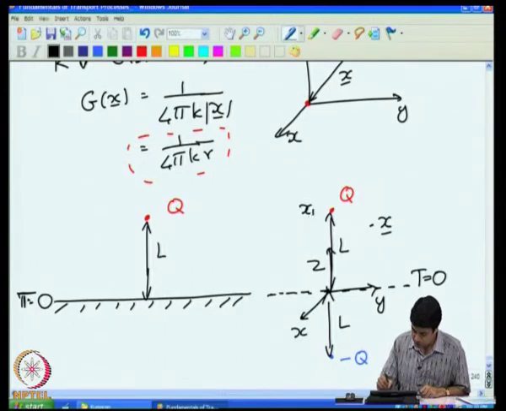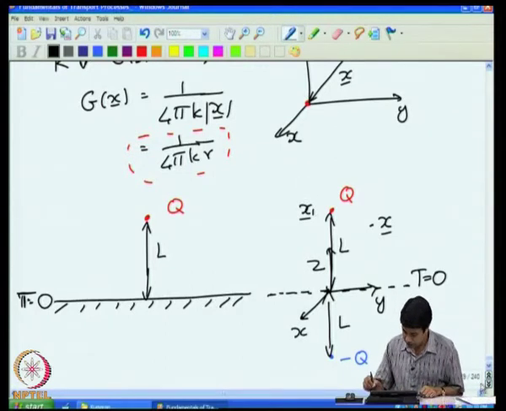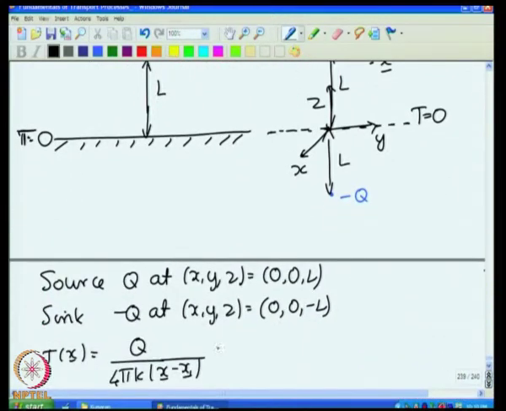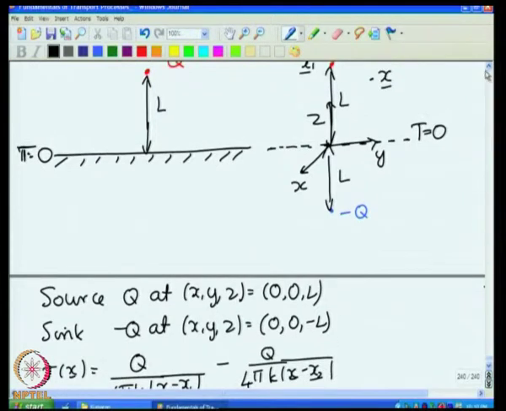Where x 1 is the location of the source, and there is an additional contribution due to the sink, which is minus q by 4 pi k into x minus x 2. So, where x 2 is the location of the sink. So, this is the temperature field in the second configuration, but as I said, the temperature field in the